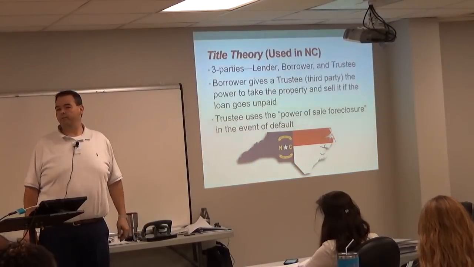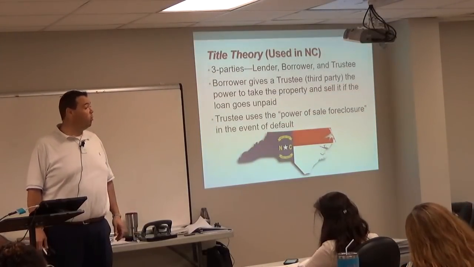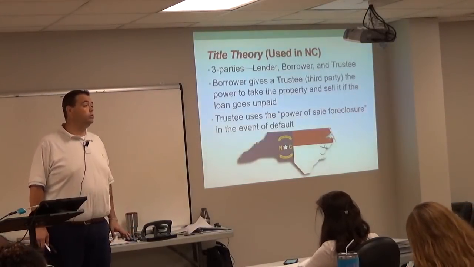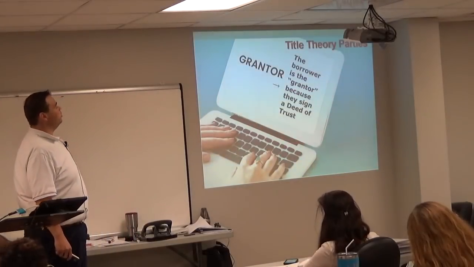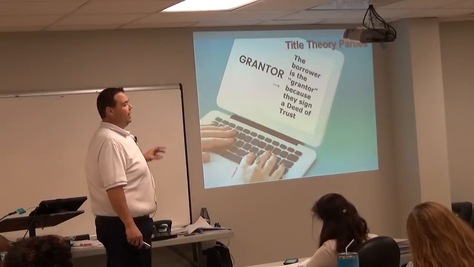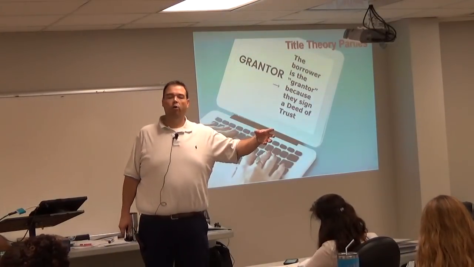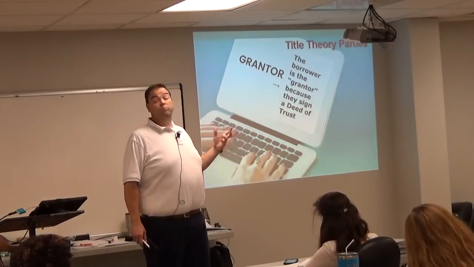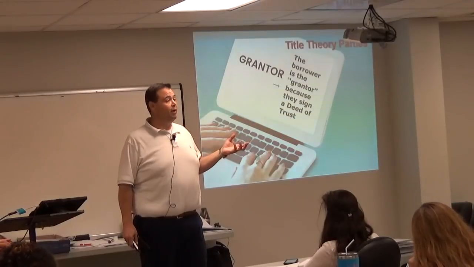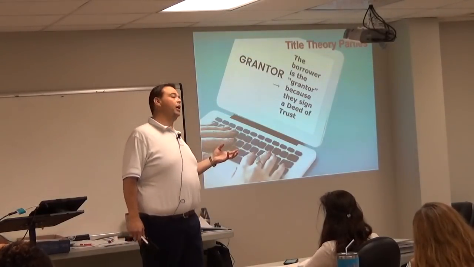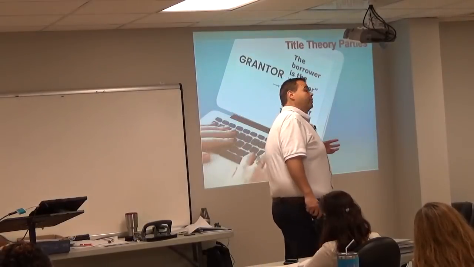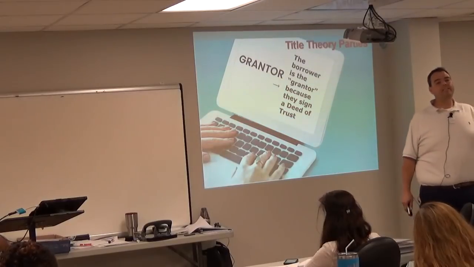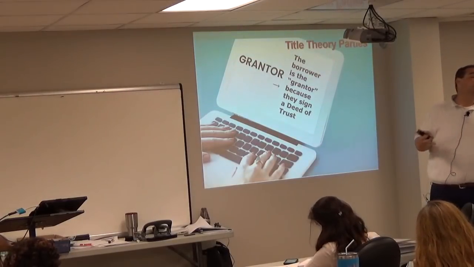Who do you think gave them that right? The borrower did. The borrower signed over that right to the trustee. That's why we call the borrower the grantor. They have granted this power over to the trustee. Grantors sign a deed, right? You remember that from way back in the alienation chapter, the transfer of title chapter? And this is true here too. A grantor signs a deed. We call it the deed of trust. That's the document that gives collateral in North Carolina.